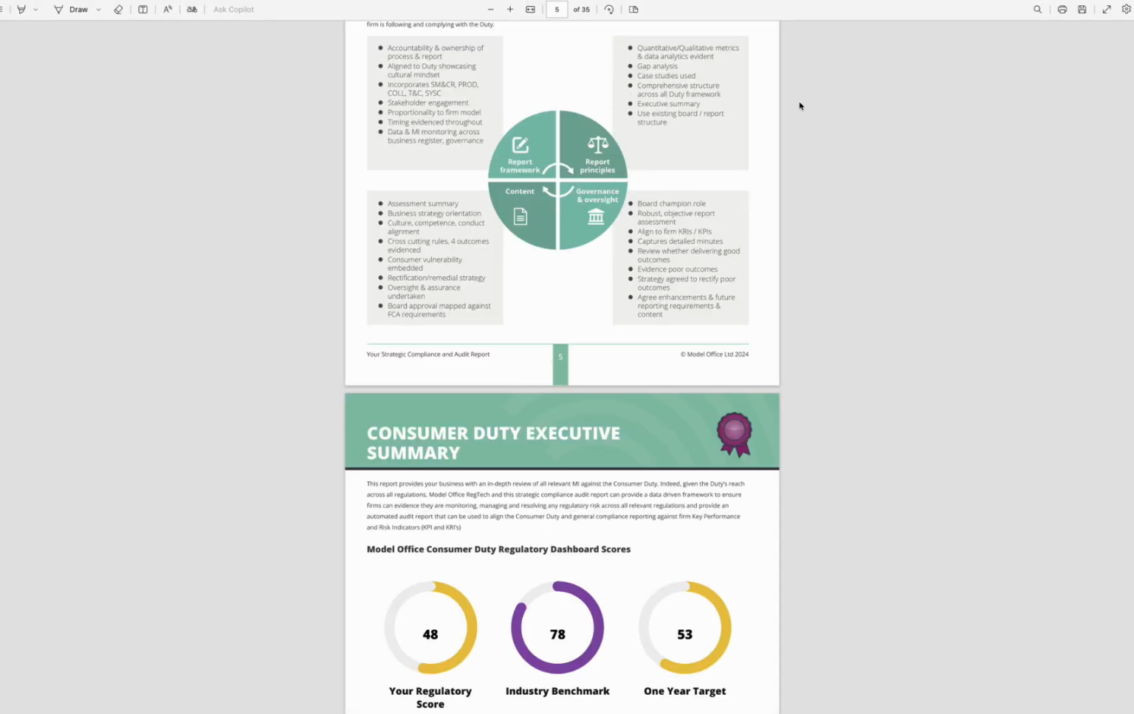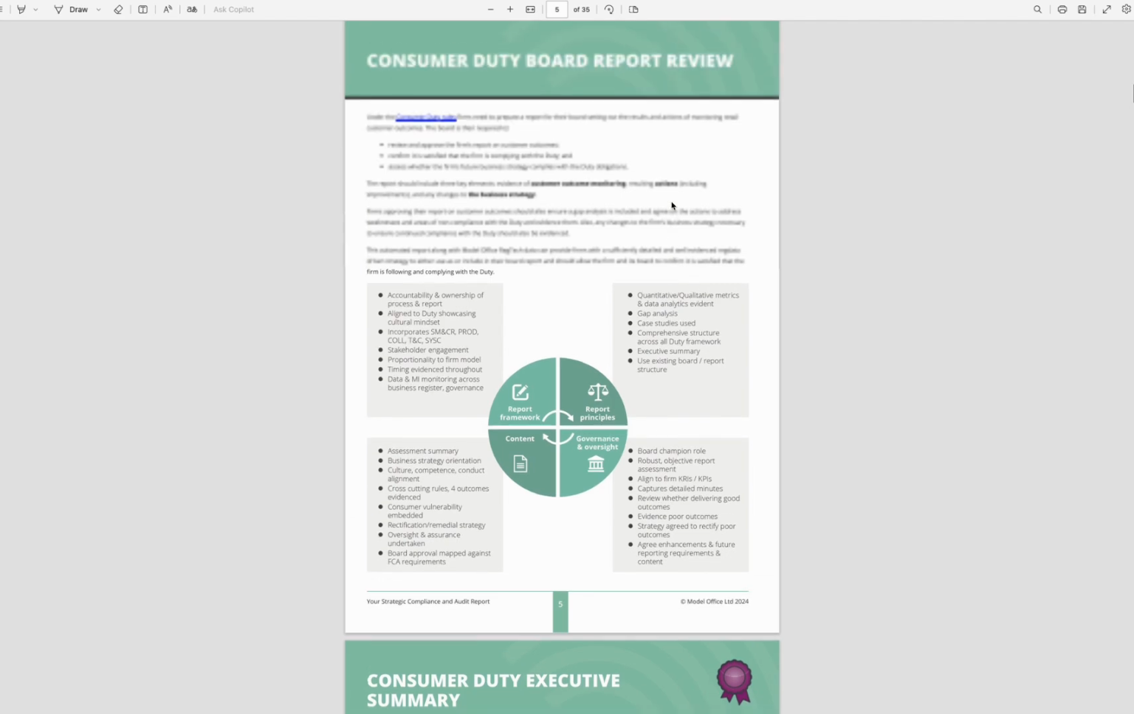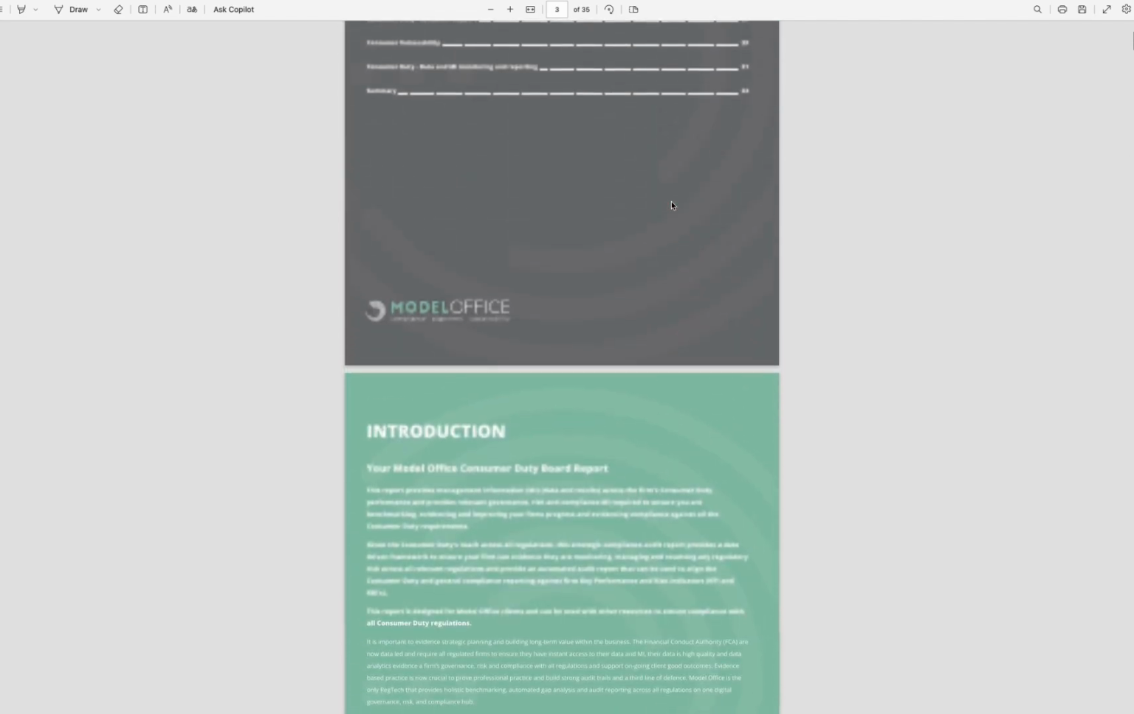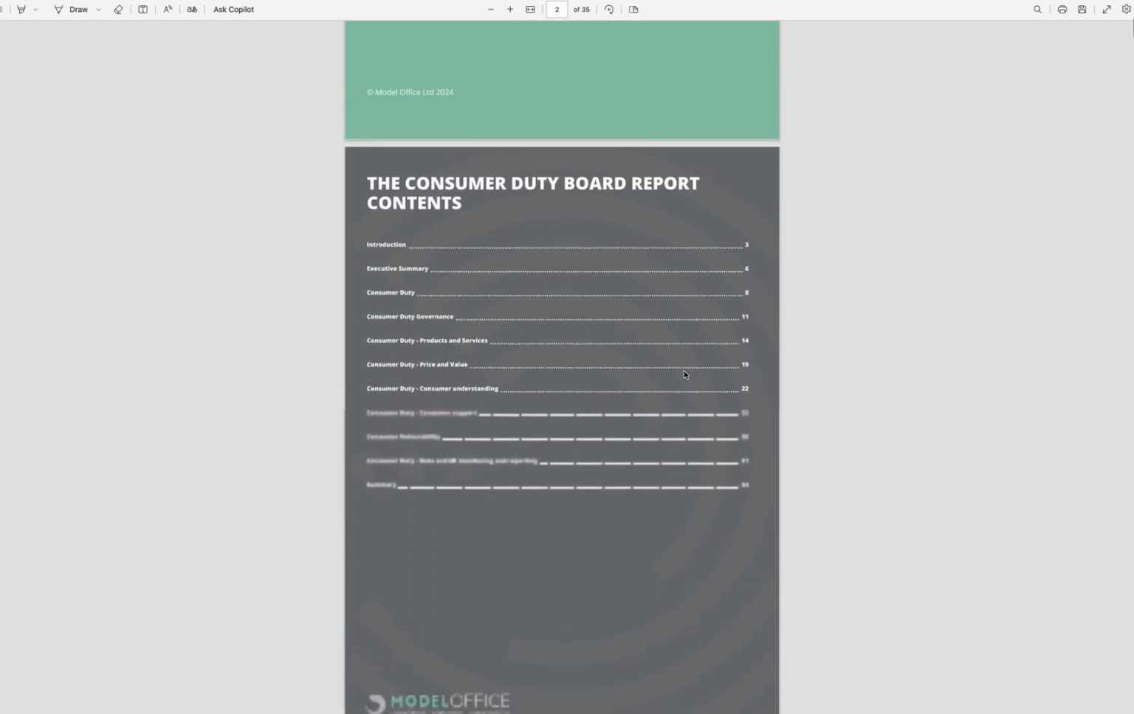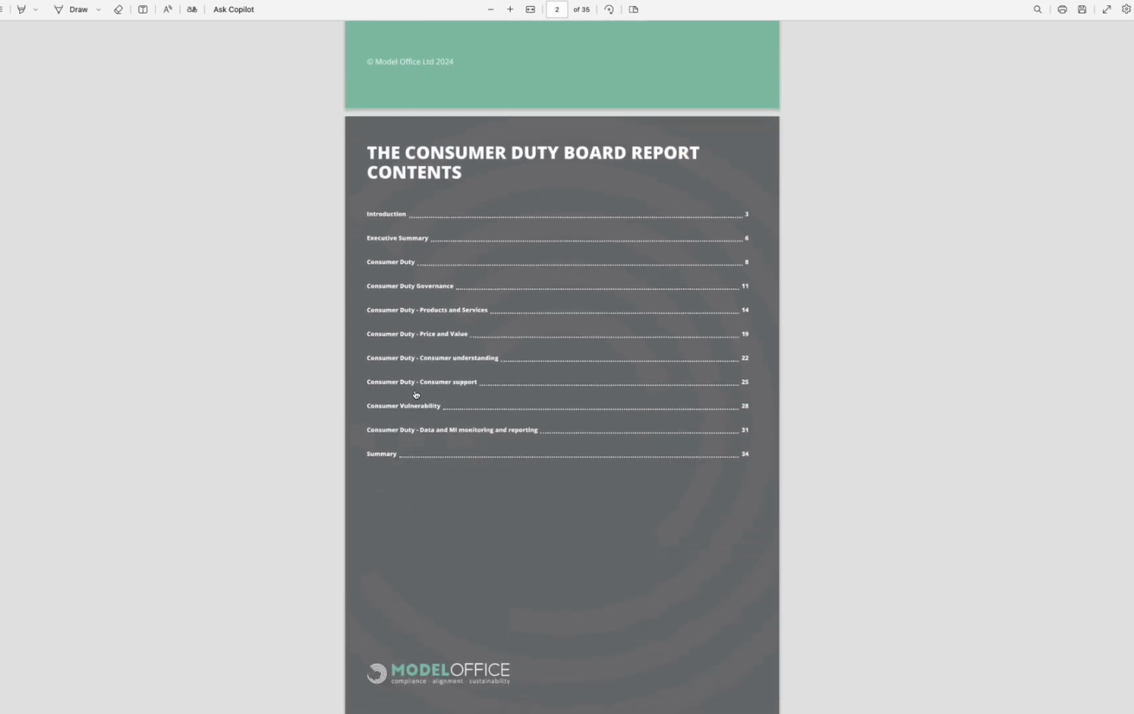It's the same principle. It will pull down all the relevant issues that apply, but in this case it's not just looking at the top 5. It covers all the relevant outstanding issues that haven't been resolved by you as a business, and you and your team need to work on. So here we have the Consumer Duty Board report, again fully automated with all the clickable links that we can click on,